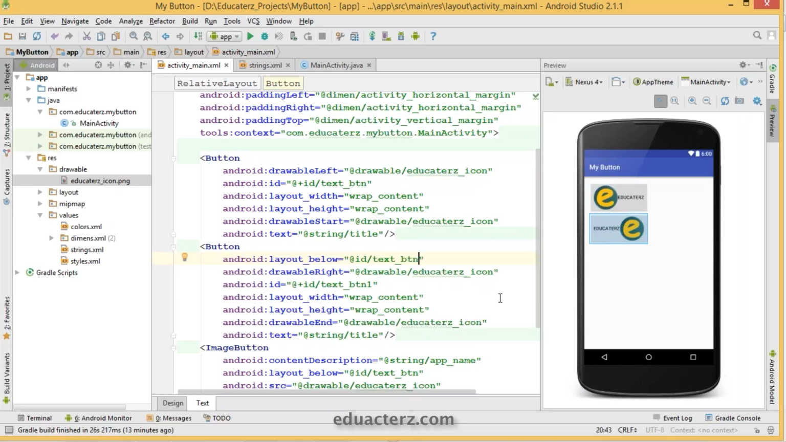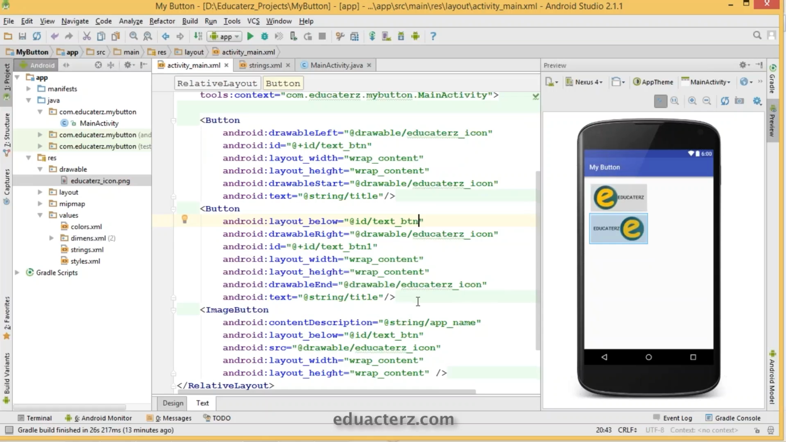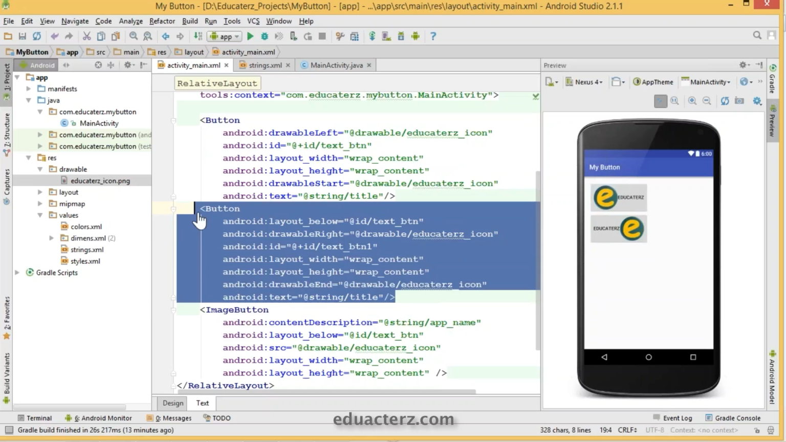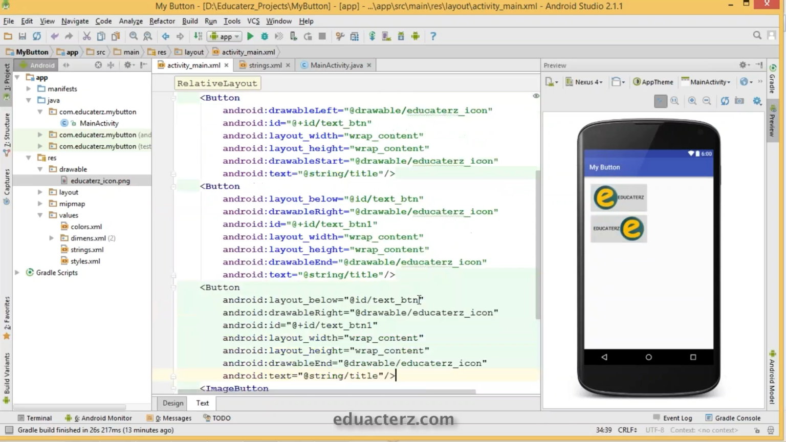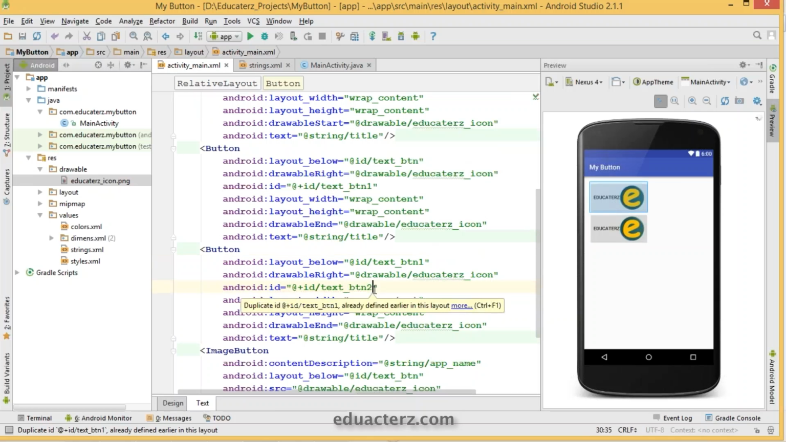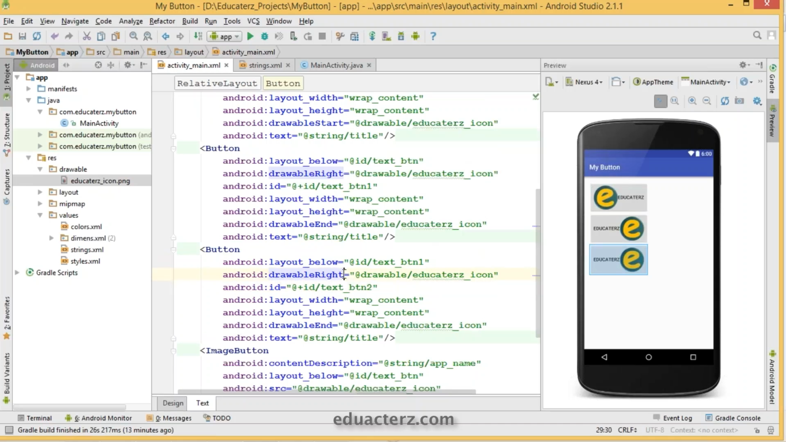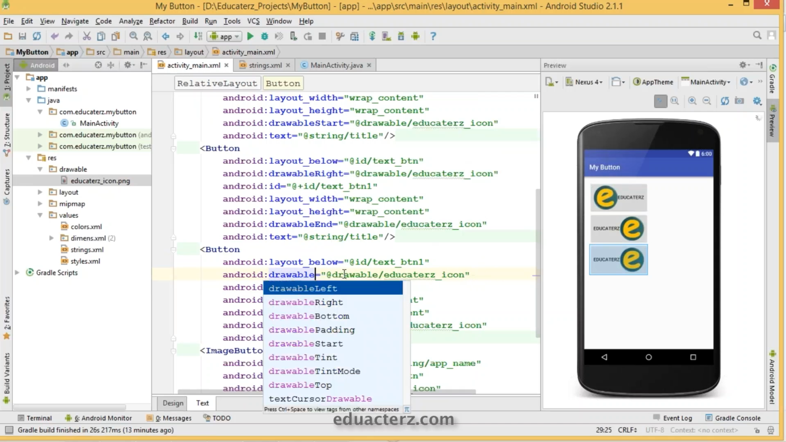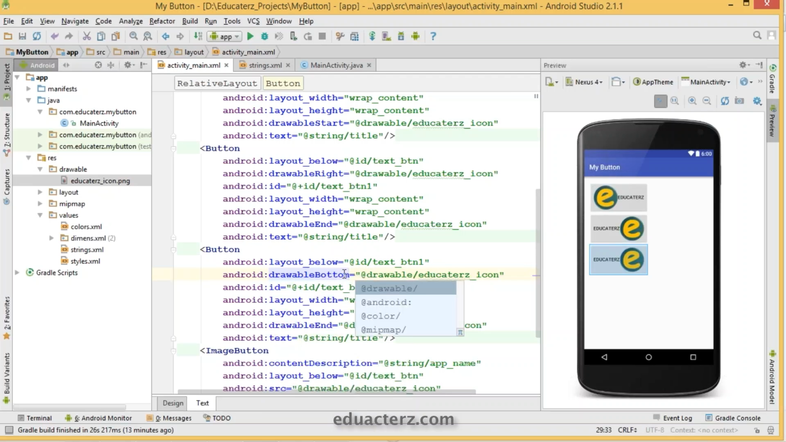And one more. So below your text button one, which I created an ID, I'm changing it to text button 2, and instead of drawable right, I'm using drawable bottom. So save this, and you have to use your drawable and remove it. Save this,